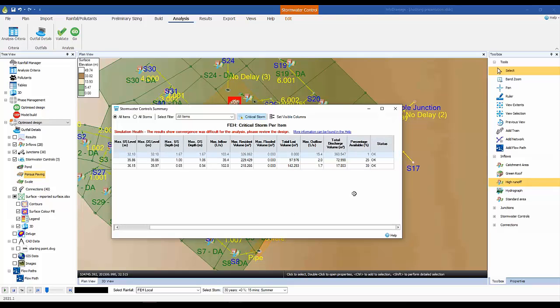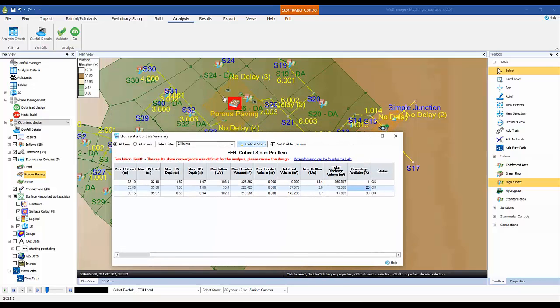And for each one we can see what percentage of the structure was available. So we can see that that pond is very nearly full. We can see that the other 2 structures have capacity available. So 2 things that we could potentially do here is 1, reduce the size of these structures, or 2, we